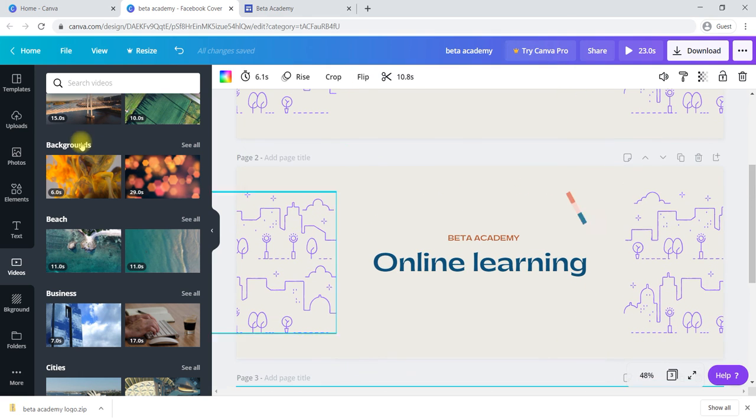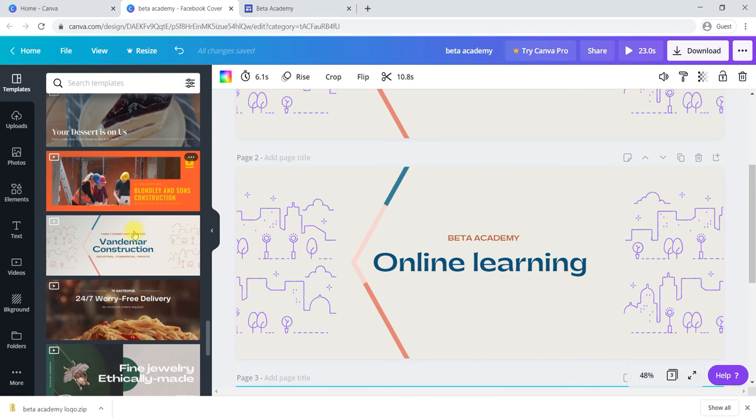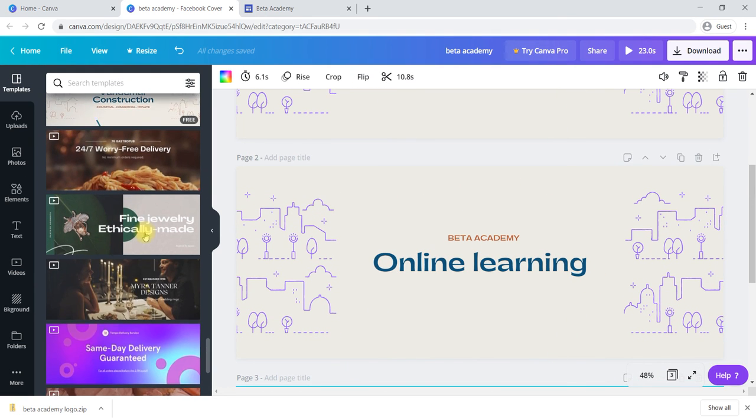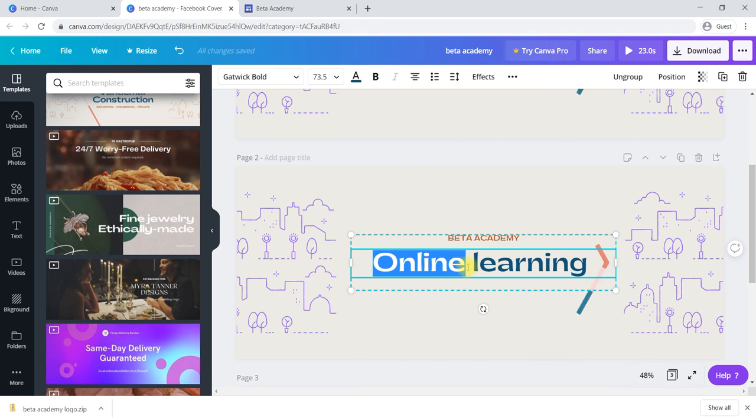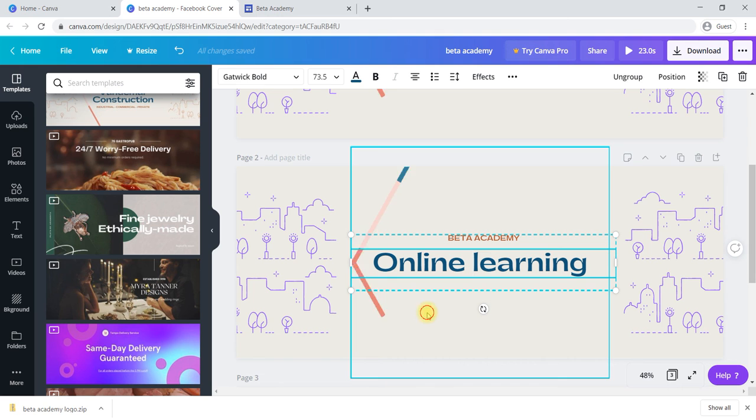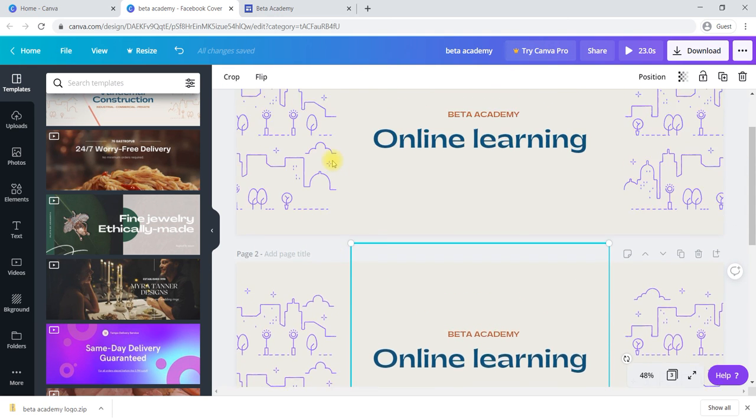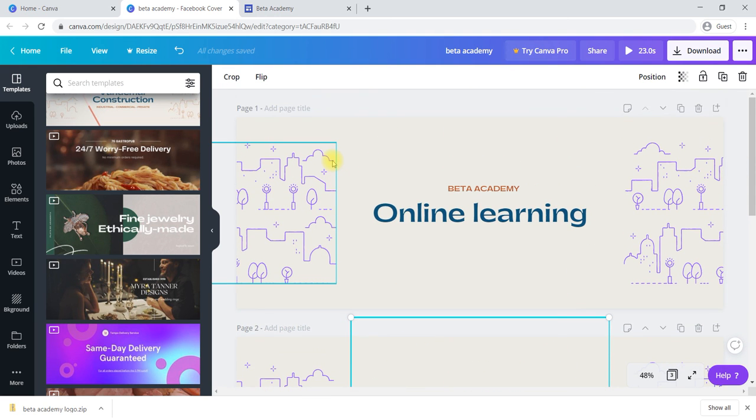As well as you can use any templates available here. Select the template that suits you and just double click and edit the content within that template. These are the two ways we can create a banner for your business.